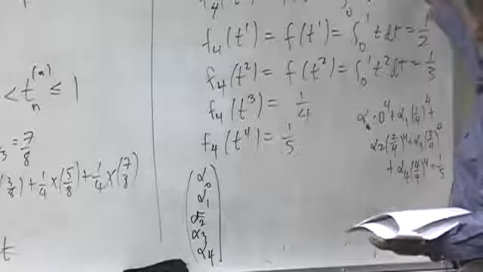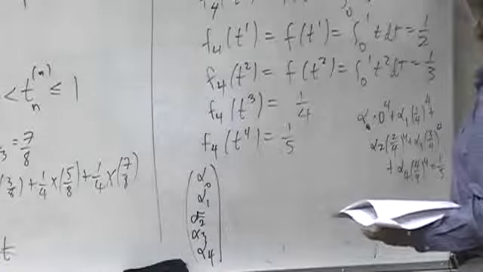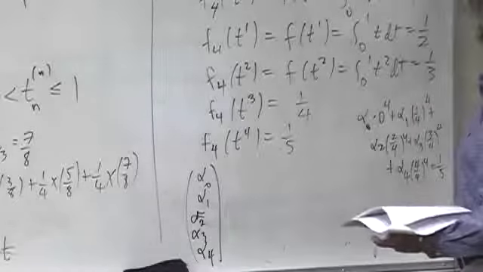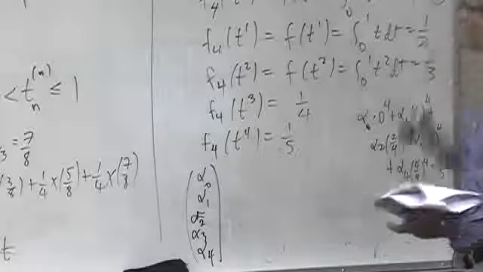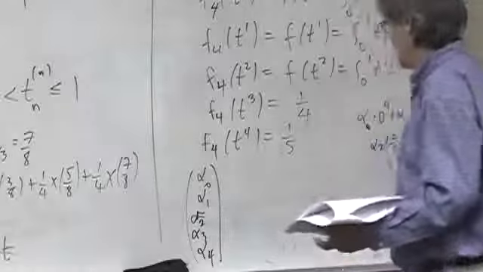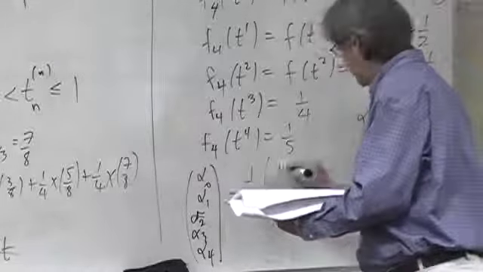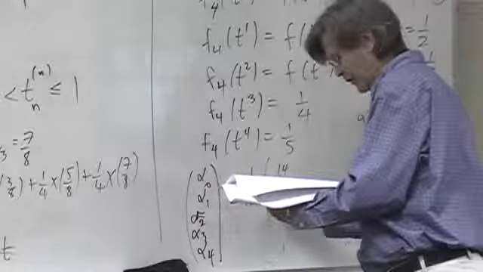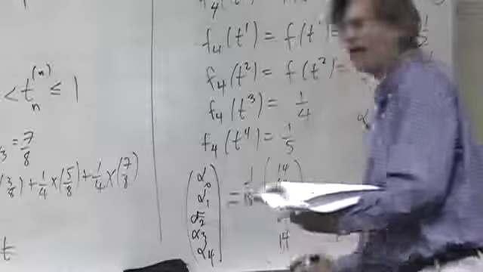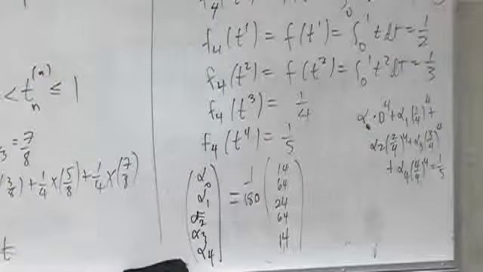For the 0th equation, it's alpha 0 plus alpha 1 plus alpha 2 plus alpha 3 plus alpha 4 equal to 1. The integral of a constant is 1, and that's just the sum of the coefficients. So the coefficients should add to 1, just like they did in the midpoint rule. What they actually come out to be is 1 over 180 times 1, 4, 6, 4, 1. There was a nice pattern. I didn't look in a book to see why this pattern came out, I just calculated it. The coefficients do add up to 1. That looks good, and there's a nice pattern, which is good.